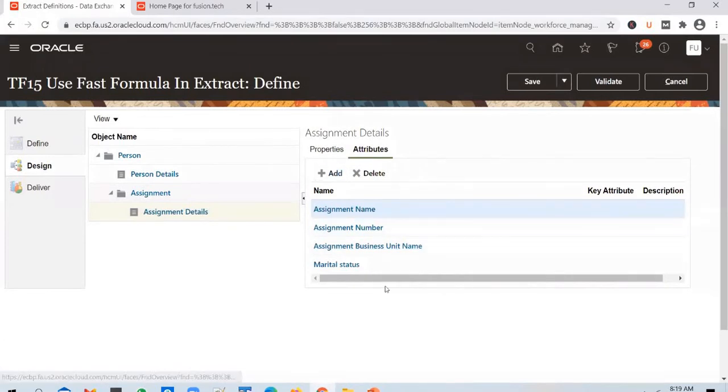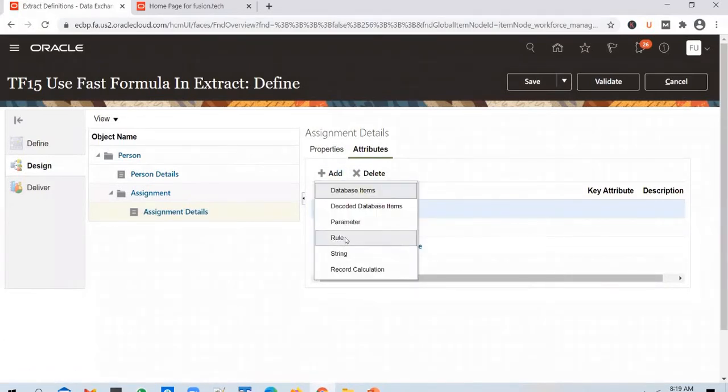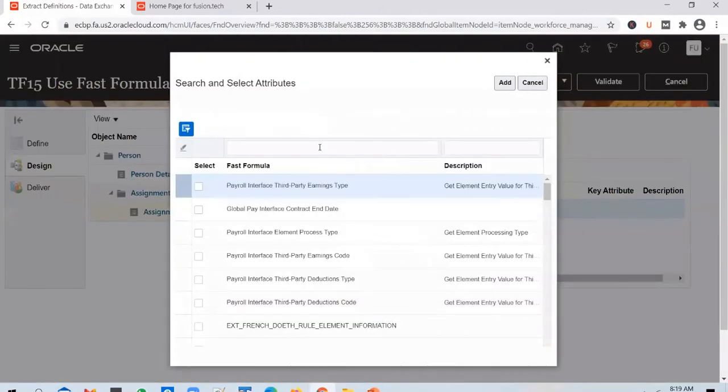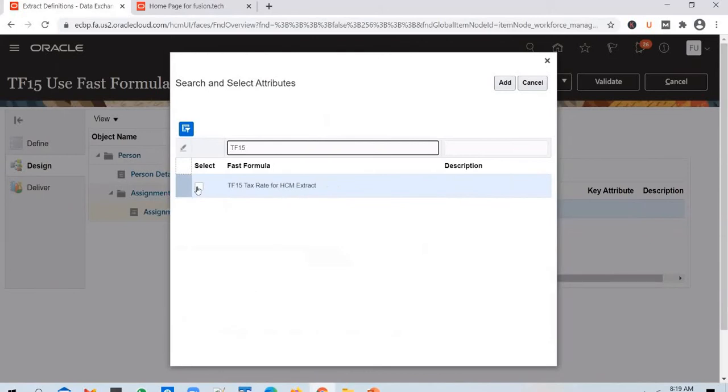I can add in the rule that I have created, a fast formula rule. Click on add and click on rule, and you should be able to see the fast formula that you have created. Search for TF15, select it and use it.